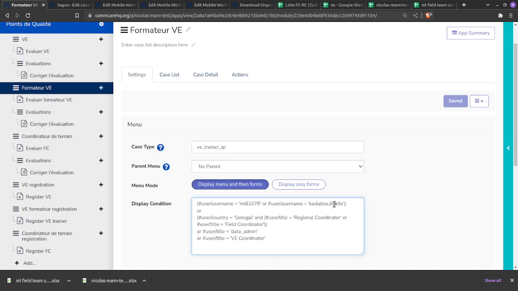If you are Kadi, or if you are in Senegal and you're a regional coordinator or field coordinator, or if you're a data admin, or if you're a VE coordinator. So that means if you're in Mali and you're a regional coordinator or field coordinator, you can't see this. So that's why I couldn't see it when I logged in with Umar. But then the issue here is,